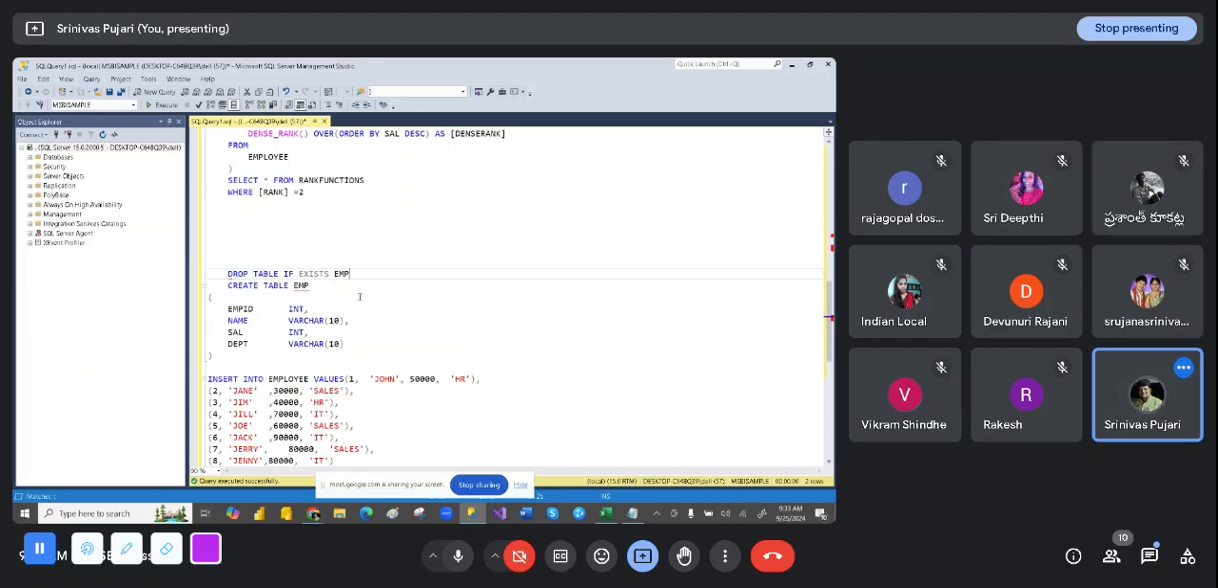So if this employees table exists, I'm dropping that emp table and then going with these columns. Here I'm going with department id, which is an integer. Here I have D002, sales D003, HR D002, and then IT D001, and then D003,